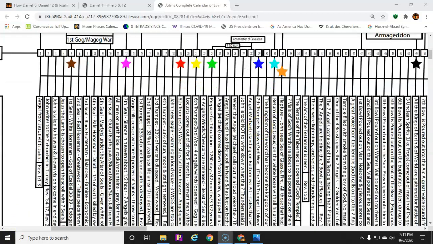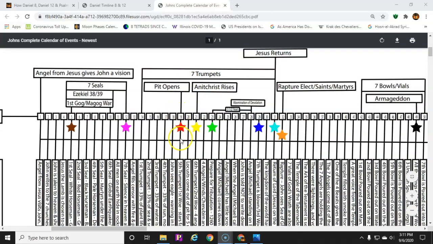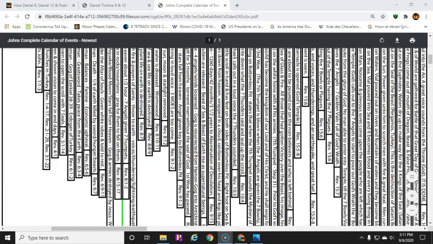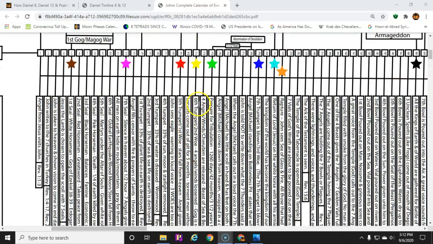So once that bottomless pit opens on the 5th trumpet here, on step 19, we see the pit opens, and we watch the locusts come out and torment the people without the seal of God, which is the first woe. Once that has passed, we then start to see what we call the resurrection in Isaiah 14 of Antichrist. And this is a resurrectional event. This will be a resurrection of a Gog that died on the sixth seal, being held in hell by Hades.